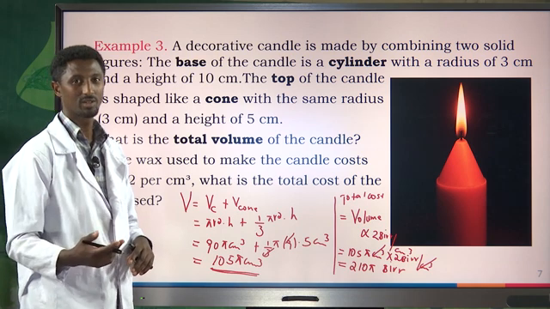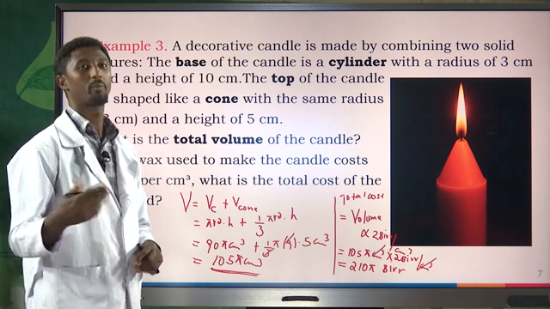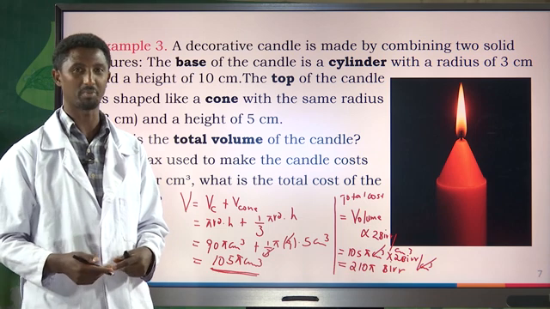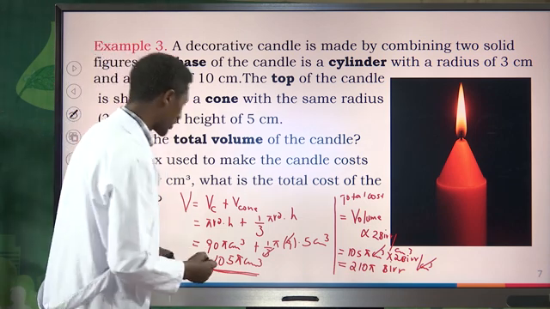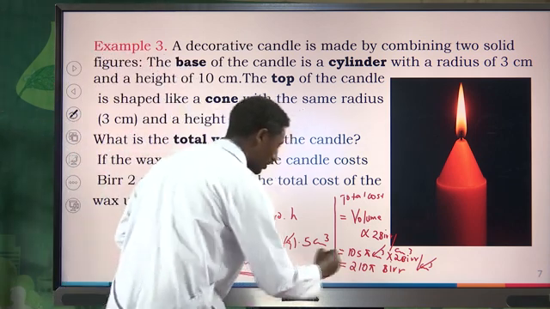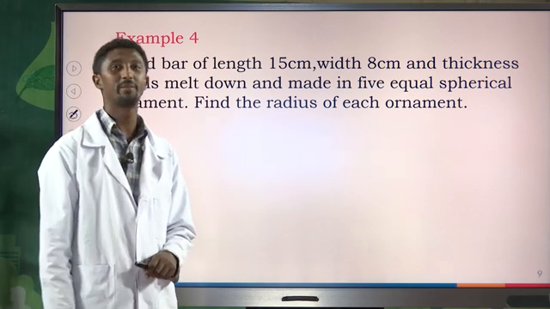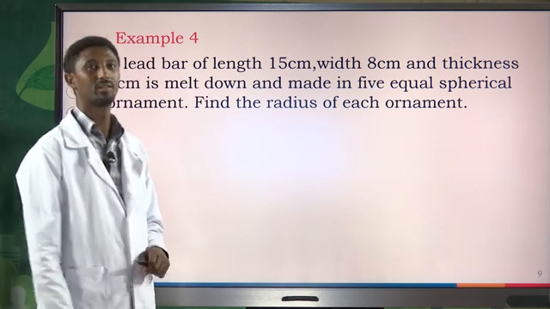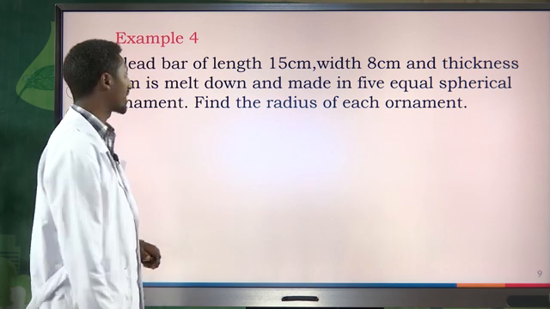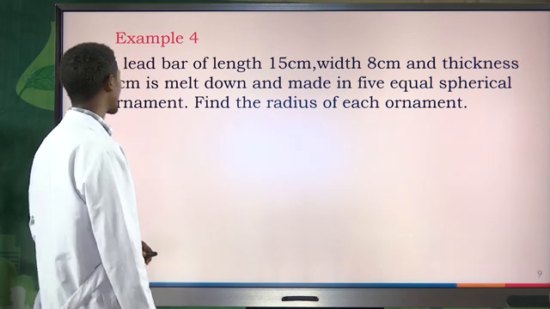210 times 3.14. Let's try to approximate. So the total cost equals, so the total cost of the wax used to make this decorated candle is 659.4 bear. Example 4, a lead bar of length 15 centimeter, width 8 centimeter and thickness 5 centimeter is